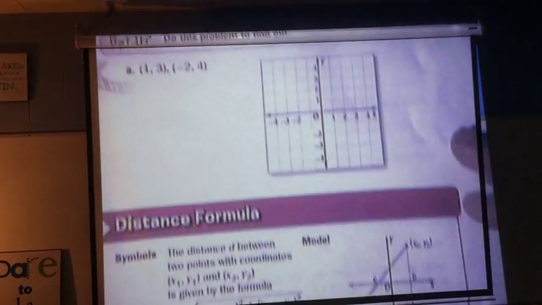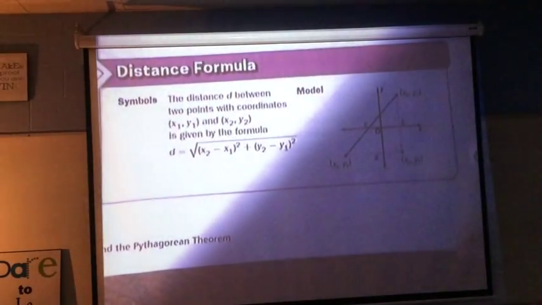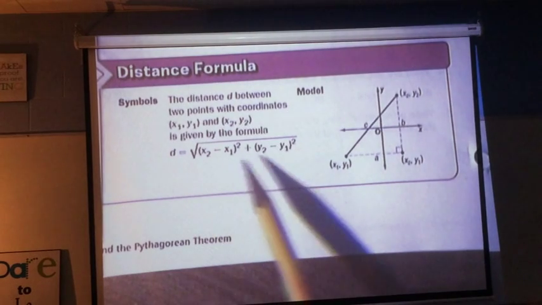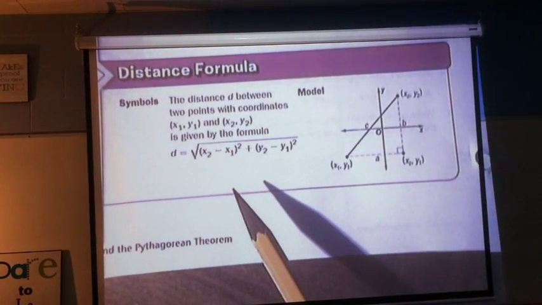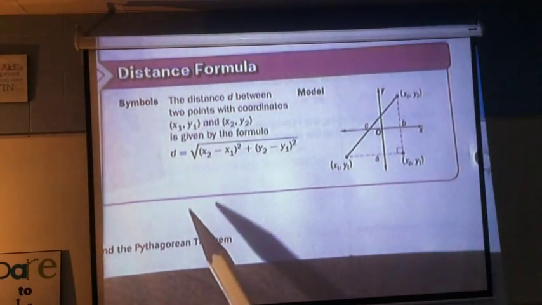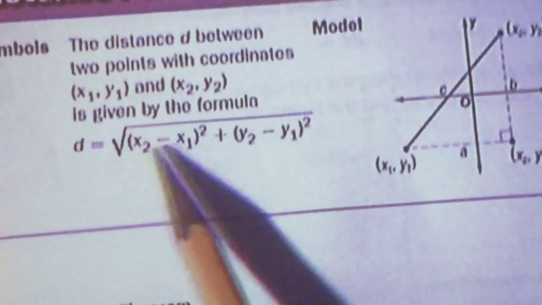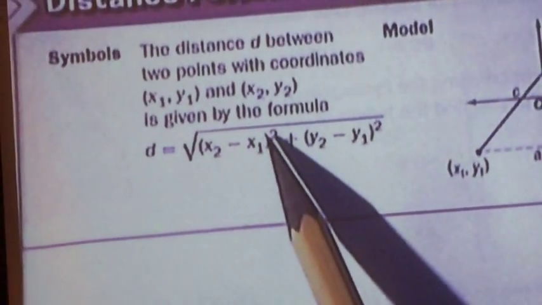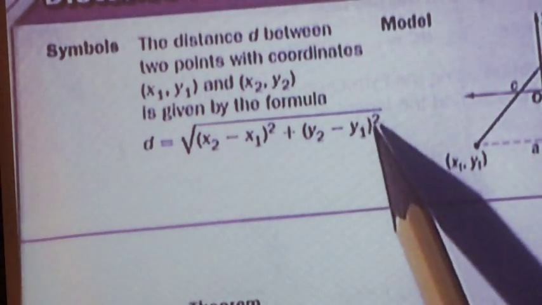Next, we're going to take a look at the distance formula at the bottom of page 432. The distance formula looks complicated, but really it's not. It's just an extension of the Pythagorean theorem. It says that the distance between any 2 points can be found by taking the difference between the x values on the coordinate plane and squaring it, and taking the difference between the y values and squaring it, and adding